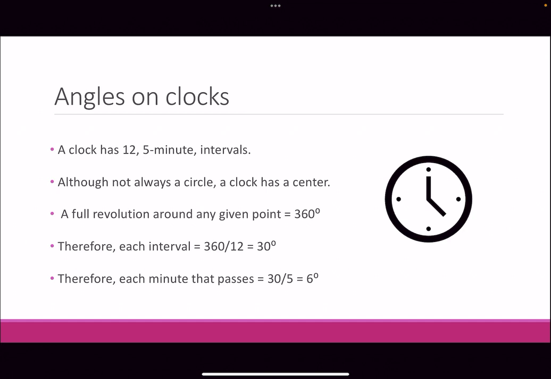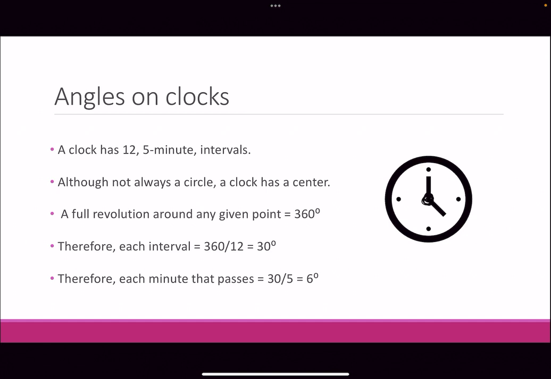So we have 12 intervals on a clock that are all 5 minutes each. Some clocks have even smaller intervals to show the minutes in between them, some don't. So although a clock isn't always a circle, it's always got a center. I'm trying my best to show it here. It's not that big, but it's got a center, and when you revolve around a center or any given point,